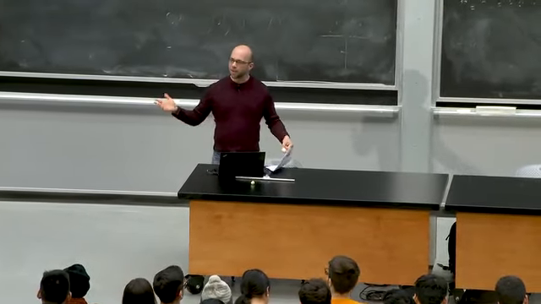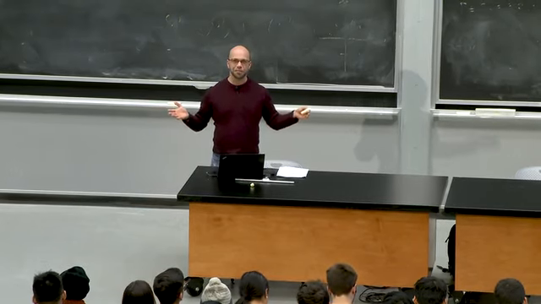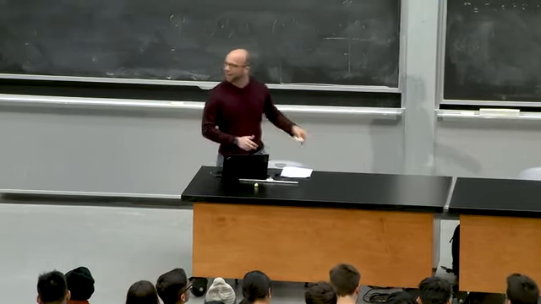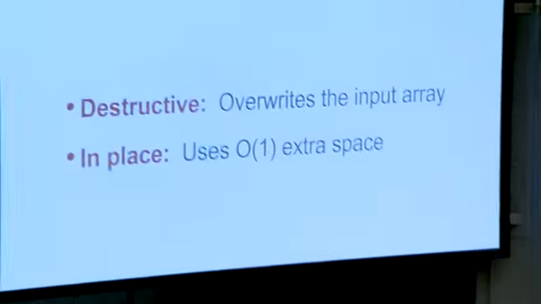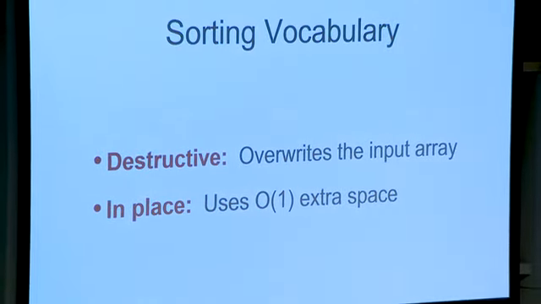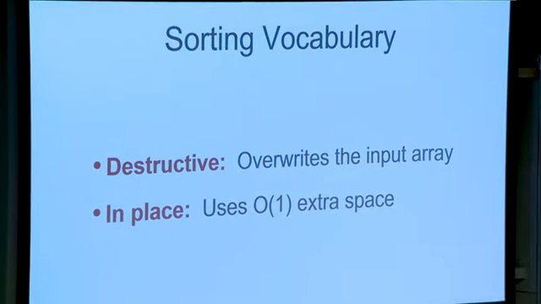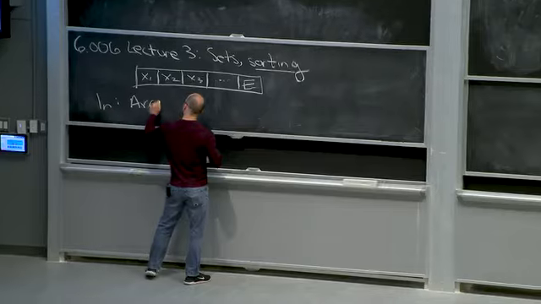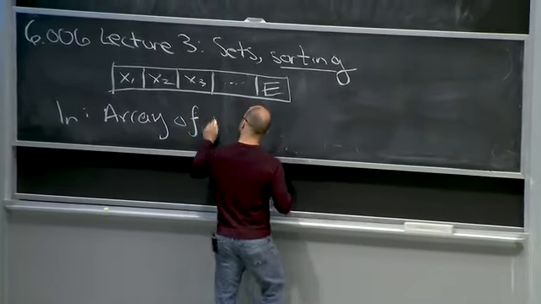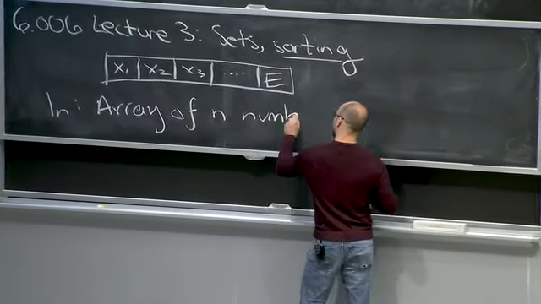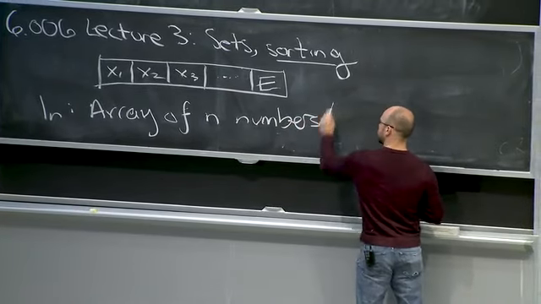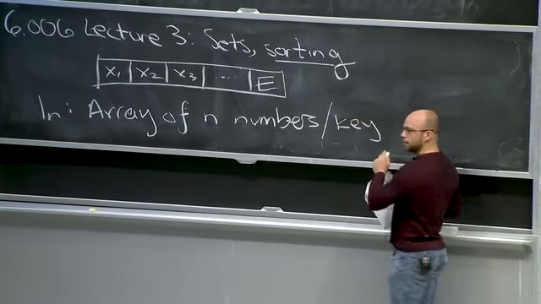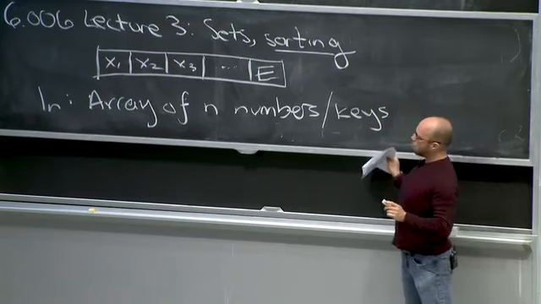Okay. So hopefully I have justified ad nauseam why one might want to sort things. And indeed, there are a couple of vocabulary words that are worth noting. Remember that your sorting algorithm is pretty straightforward in terms of how you specify it. So in sorting, your input is an array of n numbers. I suppose really we should think of them like keys. It's not going to matter a whole lot. And our output